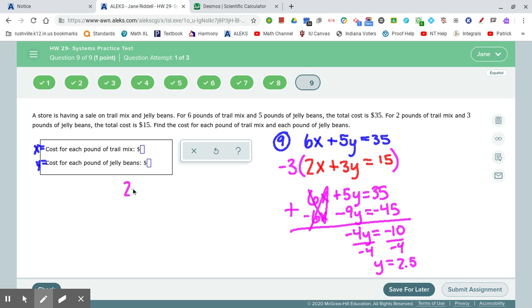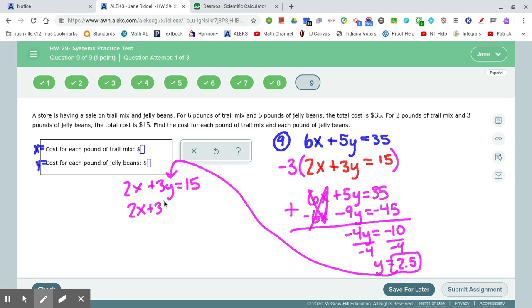So one of our original equations was 2x plus 3y is equal to 15. We now know that y is equal to 2.5. So in this equation where I see y, I'm going to replace it with 2.5. That gives me 2x plus 3, and I replace my y with 2.5, and then equals 15. So this is still 2x plus 3y equals 15, same equation, but y has been replaced with 2.5. So I'm taking 3 times 2.5, which is going to give me 7.5, and